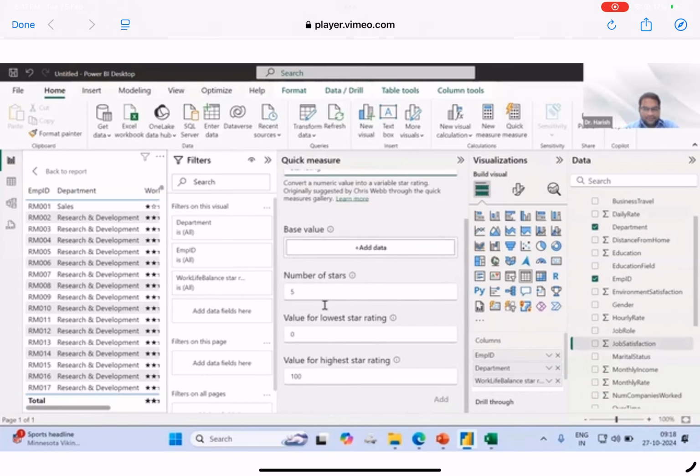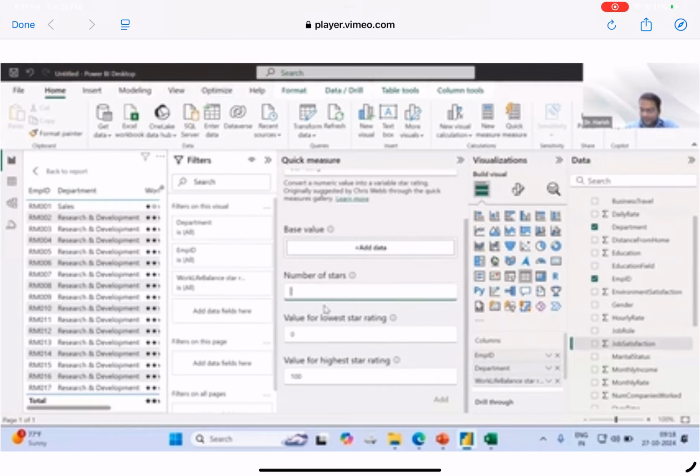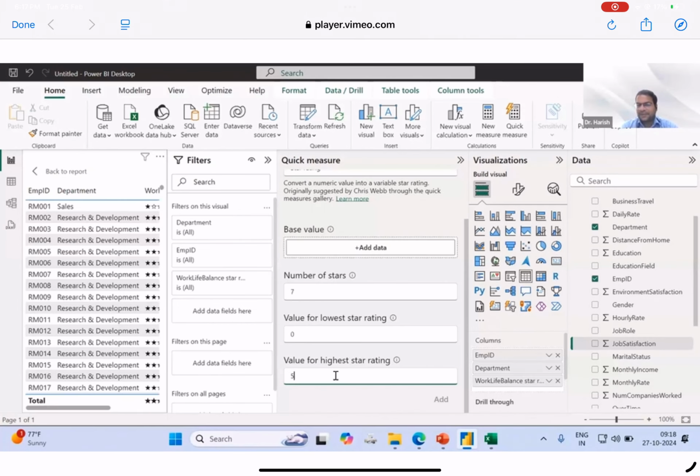And then this time intentionally, by default, there are only 5 ratings. But let's say what will happen if I want to convert all the 1 to 5 rating into 7 star format, right? And maximum value should be 100 or 5. My maximum value as a highest rating here is 5 only. So make sure that my system is going to develop all the ratings between 0 to 5 into 7 star format. So now we are able to see like half star, 1/4 star, 3/4 star, or something, that type of ratings. If I click on job satisfaction to add here, now if I click on add,